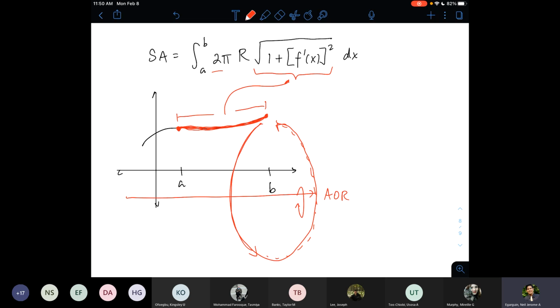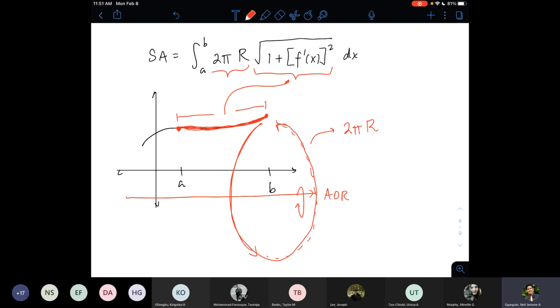And that's why you have a 2 pi r here, where 2 pi r accounts for the circumference, or the distance traveled by the arc, which we know to be along the circumference of a circle, because we are rotating it exactly with respect to an axis of revolution. But what is the circumference of this circle? We know the formula for the circumference of a circle is 2 pi r, right? And that's why you had that 2 pi r inside the integral, okay?